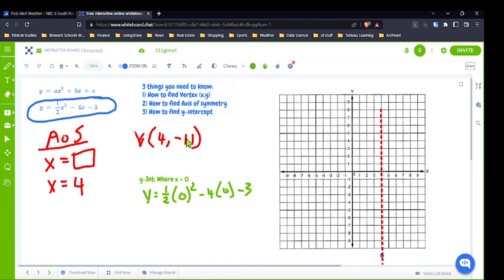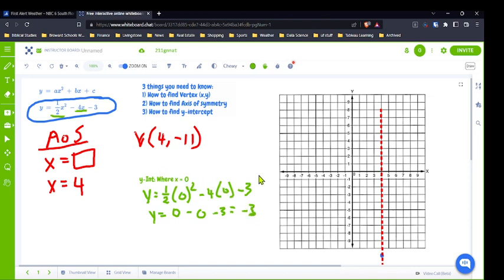Now, if you're really astute and paying attention, you would notice that over here, both of these terms have an x in them. And whenever x is 0, it just makes those terms 0. So this whole thing would just reduce down to y equals minus 3 would give us our y-intercept. But let's just do it longhand, though. So 1/2 times 0 is 0, minus 4 times 0 is 0, minus 3. Well, that all just equals minus 3. So y equals minus 3